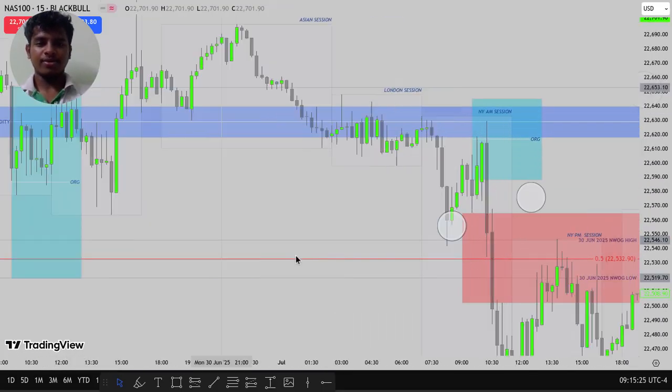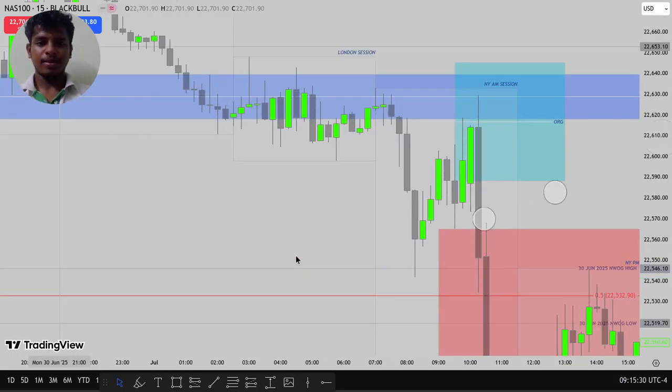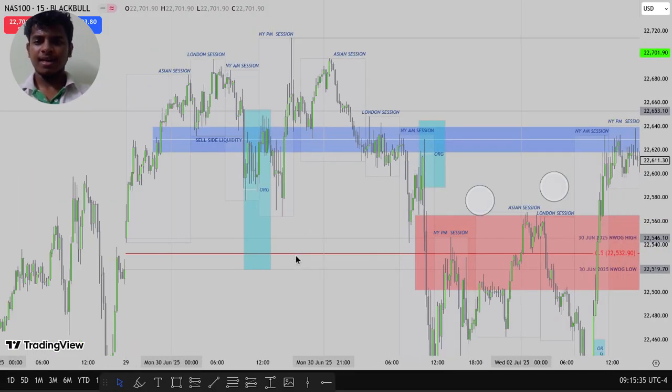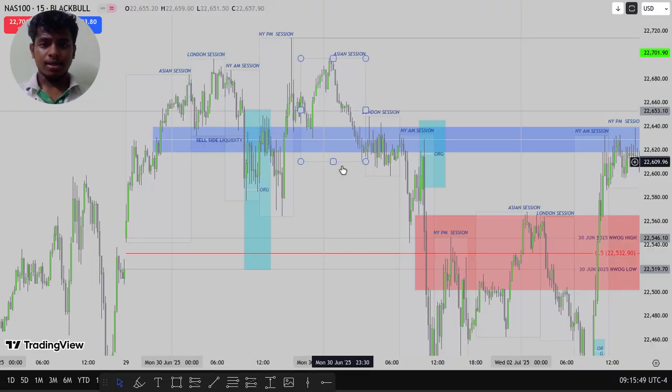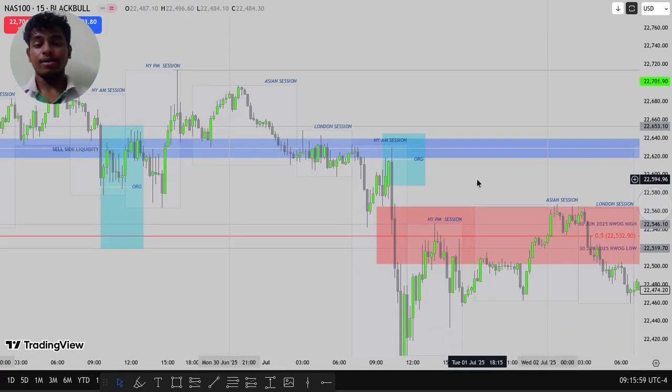Yeah, you know, at the 10 o'clock we have great manipulation. That time I got SL, but the direction is correct. I remember that trade because after market cleared this all-time high, this line is the all-time high in Asian session. Market one more time met it in NY session, and the next day market traded down into this level. I anticipate market going to draw down. I mean market going to sell off.